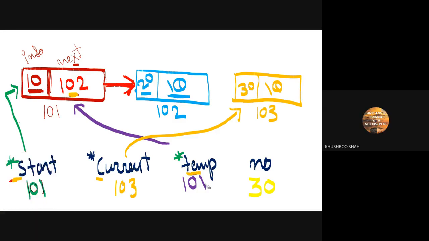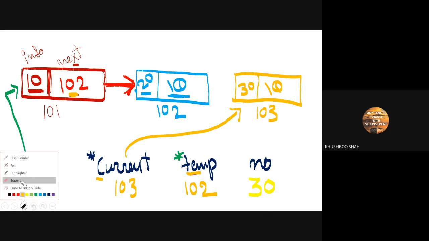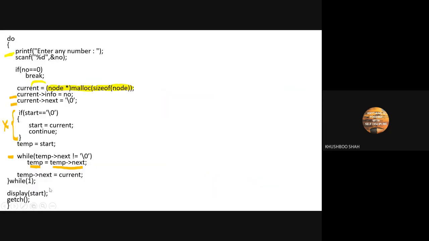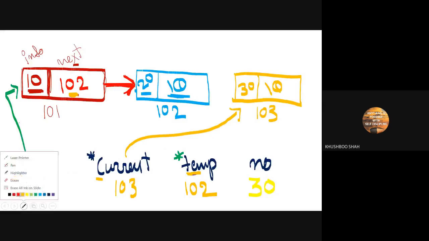So temp will have the 102, and the moment we assign the 102 over here, this link will be deleted and this temp will point to this node. This is the current situation.